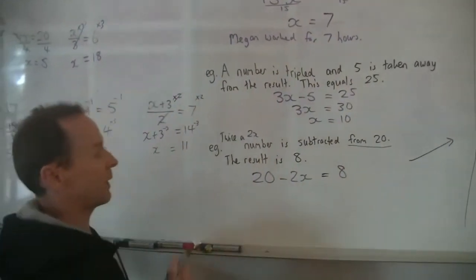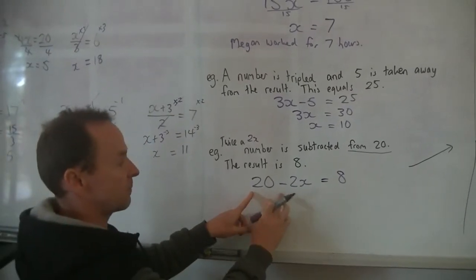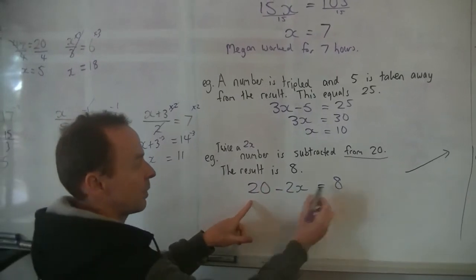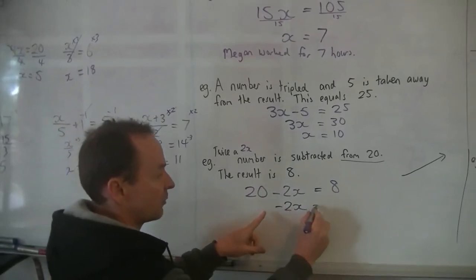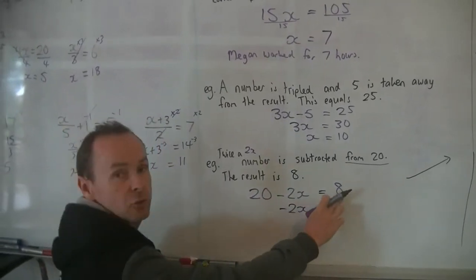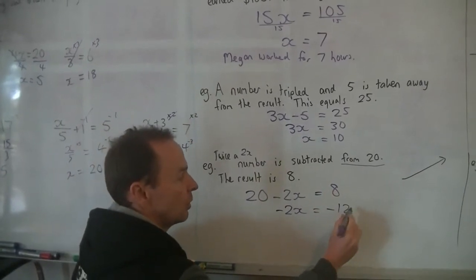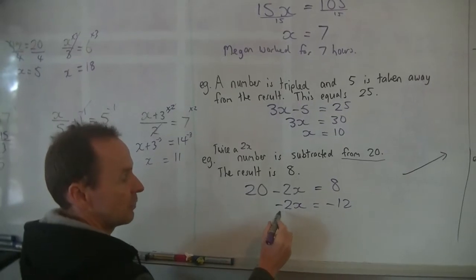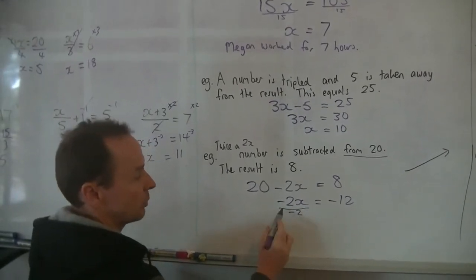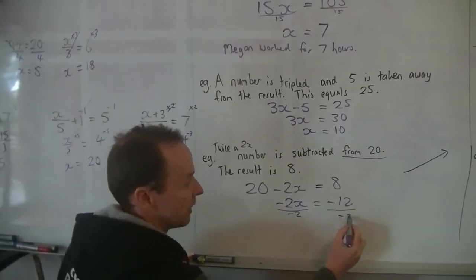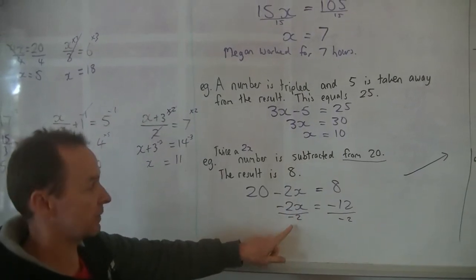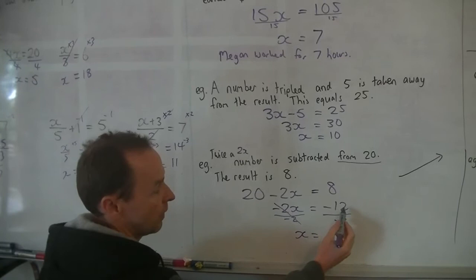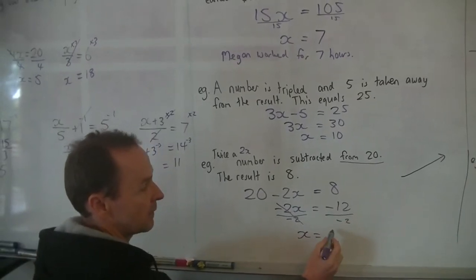Alright, so there's our equation this time. Now this one's a bit more complicated. You've got to subtract 20 from both sides. So we've got minus 2x. What's 8 minus 20? That is minus 12. Now, it's minus 2 times x. So to get rid of minus 2, you divide by minus 2, because it's minus 2 times x. The opposite is divide. The minus 2's cancel, and you get x equals minus 12 divided by minus 2 is